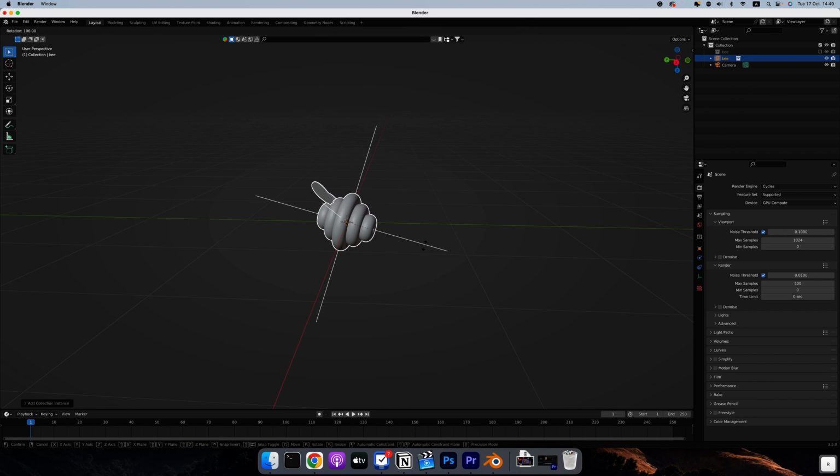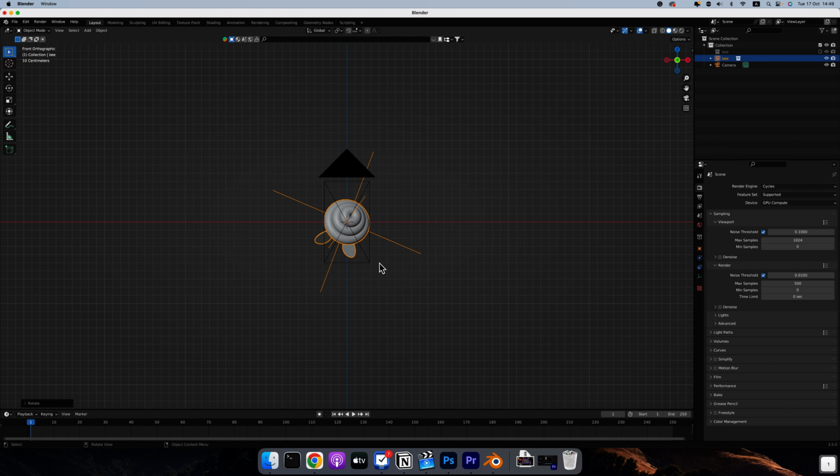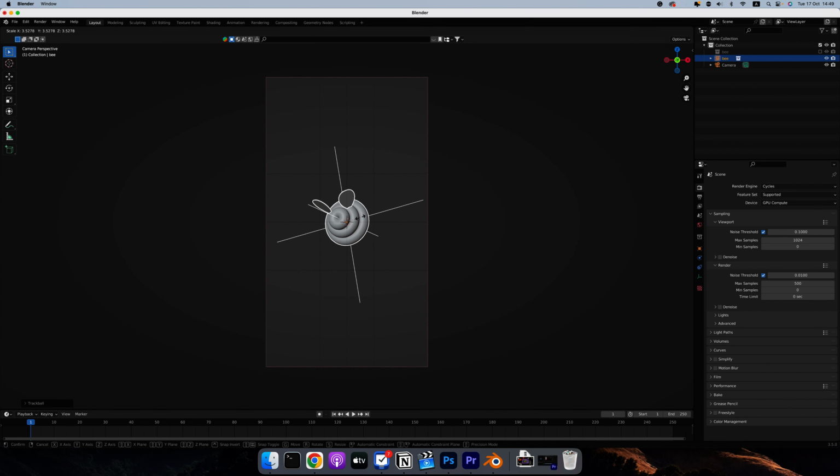And now I can rotate this one, and actually let's rotate it so it's facing us. And let's also make it a little bigger so we can see it. Now if I hit 0, this is my framing or my camera basically, and this is how it's going to look in my camera. Now, in order to add an F-curve to this, or an F-curve modifier to the keyframes,